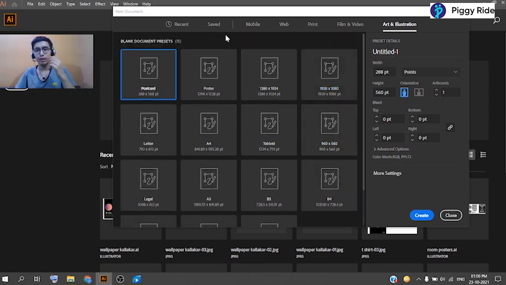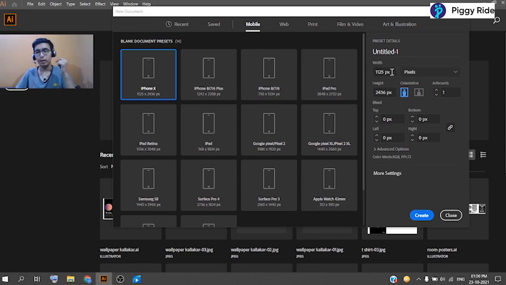In this tutorial we will make a custom size, that is 1080 by 1080 pixels. Okay. With that, we can change the orientation of our artboard from here, whether we want it to be portrait or landscape.